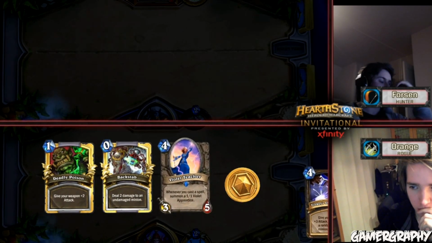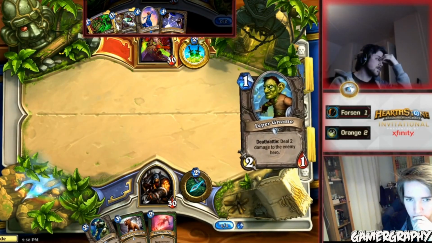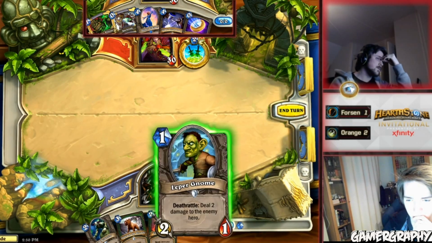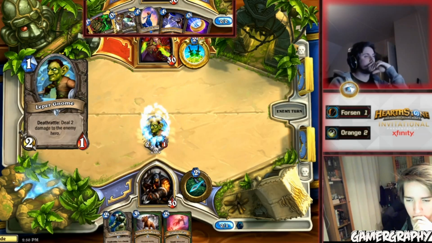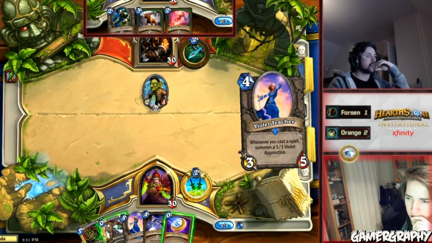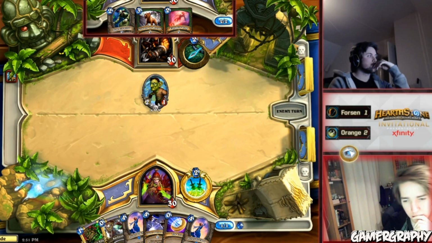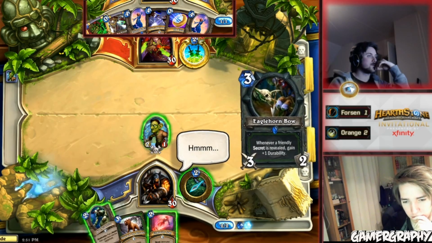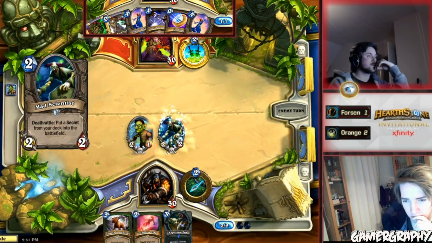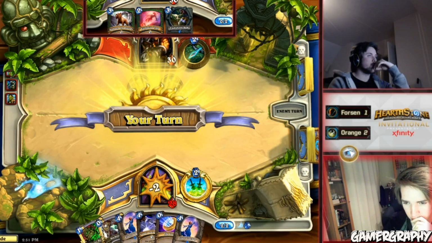All right, Forsen, he's going to have to really blitz this Rogue down. He gets Leper Gnome off the draw. That's really good to start things off. Yep. Actually, I'm really liking Orange's hand in this matchup. Not only do you have some answers with the Backstab, but you also have the Violet Teacher. And like I said, Violet Teacher is that card that you need to get back on the board with, and in combination with something like the Coin or a Preparation plus another spell, you really can afford